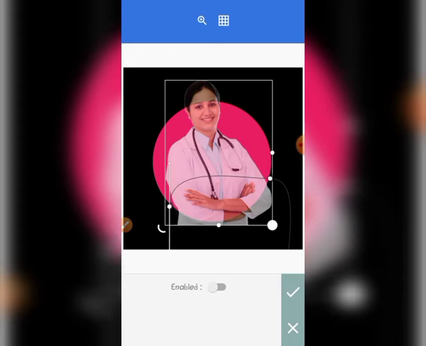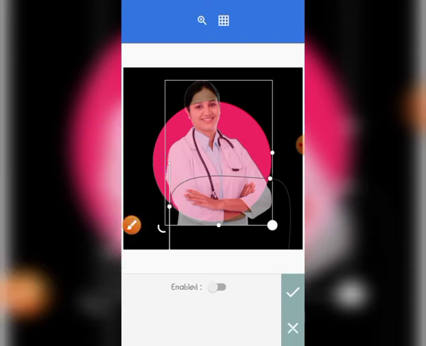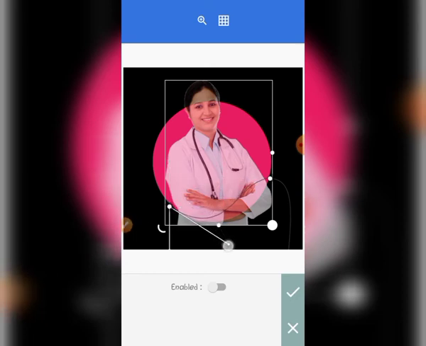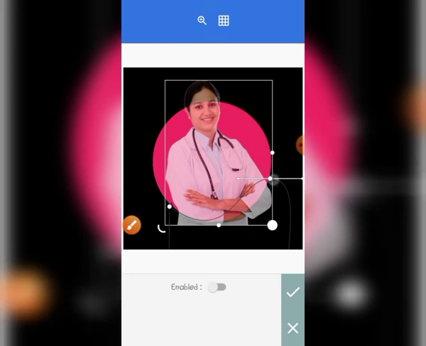If you tap on this anchor point, you will see these arrows controlling the direction of this point. Tap on the arrow, long press on it, then drag it to create a form of a circle, a rounded corner. Now tap on the second one. This is the second one. When you tap on that,